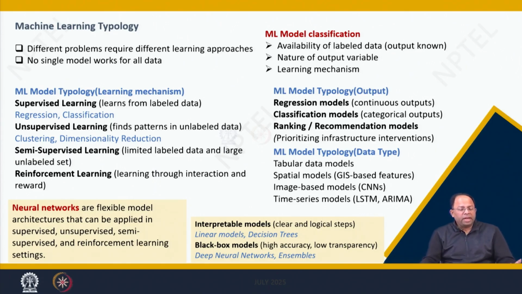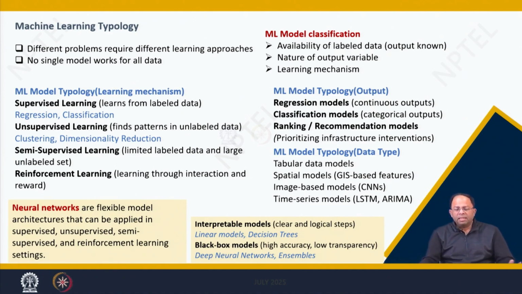Then reinforcement learning is learning through interaction and reward. In the last lecture, we were discussing a bit on this. The machine learning algorithm trains itself so that it does different things to test which one gives it the best possible reward, following a set of rules or policies. And that automatically creates a set of steps: given a certain problem, the machine will know which are the likely tests that will give positive results, and accordingly those steps would be applied. So, that's a reinforcement learning model.